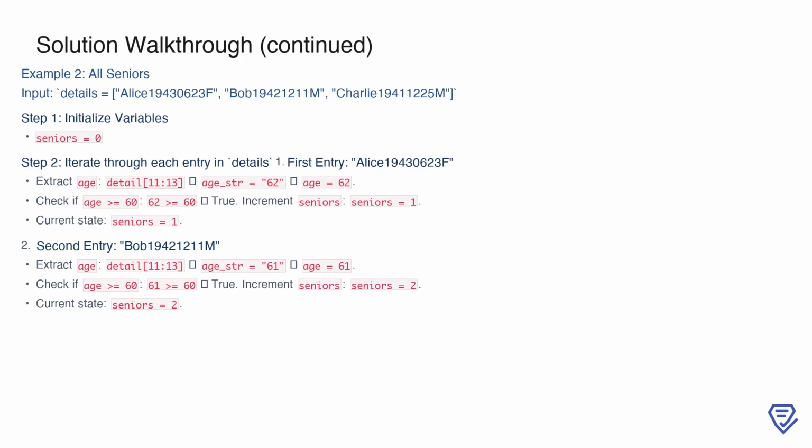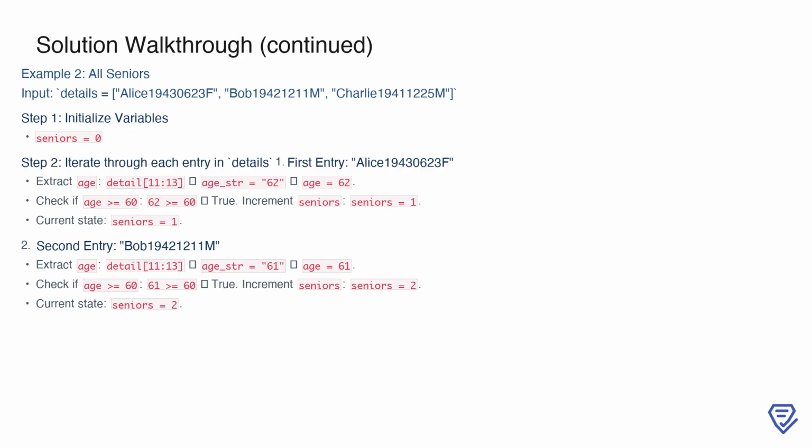In this next example, we are given a list of strings where all entries represent seniors. Again, we start by initializing the seniors variable to 0. The first entry is Alice 194300623F. Extracting the substring from positions 11 to 13 gives 62, which we convert to an integer, resulting in an age of 62. Since 62 is greater than or equal to 60, the condition is satisfied, and we increment the